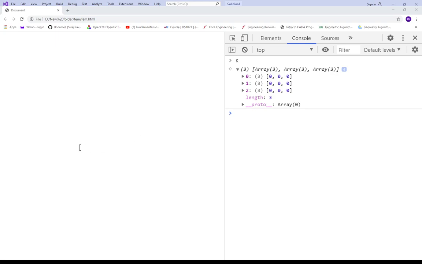Okay, and then K will be initialized as an empty array in one-dimensional form, and then this is the loop. So i equal to 0. You know an array has an i and j. Each one-dimensional array I am going to convert into a two-dimensional array. So what I am saying: 0 0 is 0, 0 1 is 0, 0 2 is 0, then 1 0 is 0, 1 1 is 0, 1 2 is 0. In this way i and j will be varied, and then I am going to get all the elements of K as 0. So I hope you understood it.